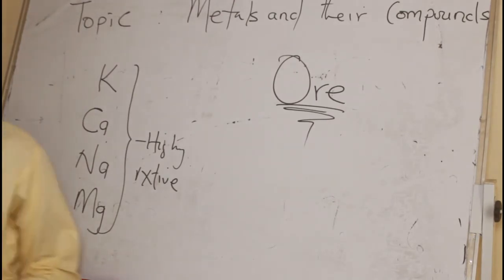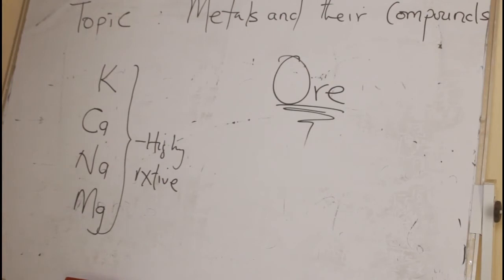When you look at them carefully, you'll find out that some ores contain more than one element. Some contain 3 elements, some 2 elements, some a single element. It all depends on the ore. So what we are going to discuss now is the extraction of these metals from their ores, the common ways we normally get them. Are you following? So let me give you an example of some metals and their ores. That's how they naturally occur in the earth crust.